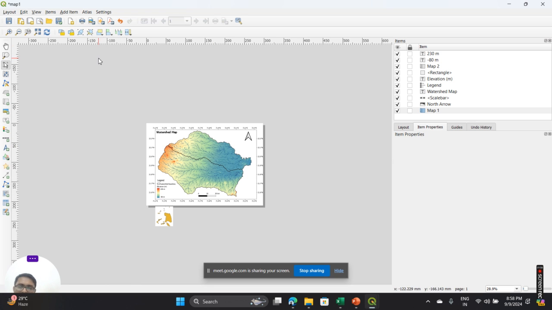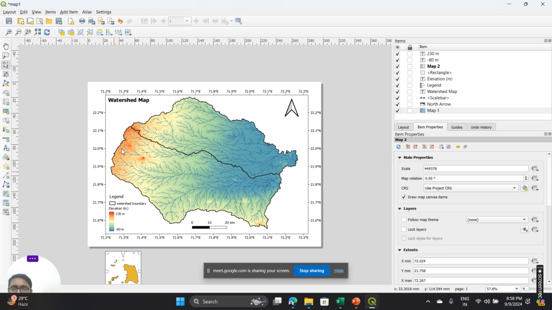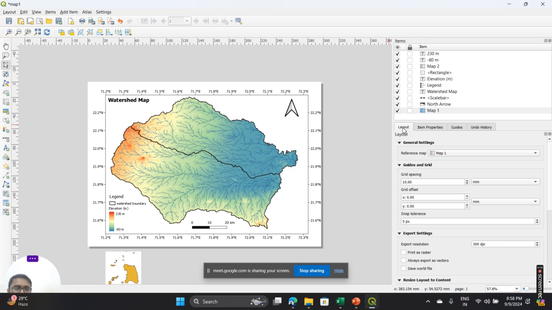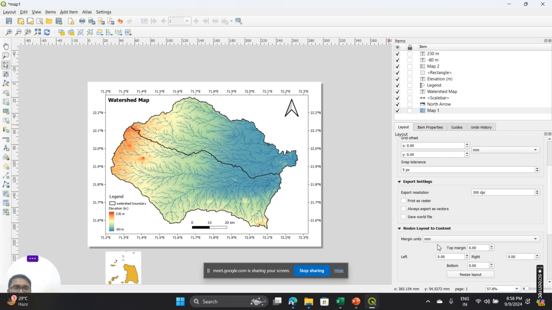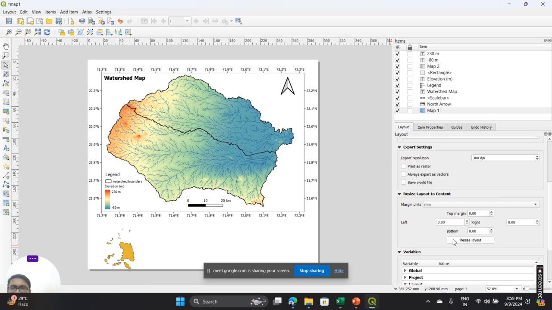Now, once you want to export, you can see this map which you added at the bottom is not in this page. So if you want to add that in the page only, you can just select this layout option over here. On the right hand side, you have the option layout. Go there, and if you go down, there is a resize layout to content. It will make this white paper according to the content which you have. So you can just click on resize layout,